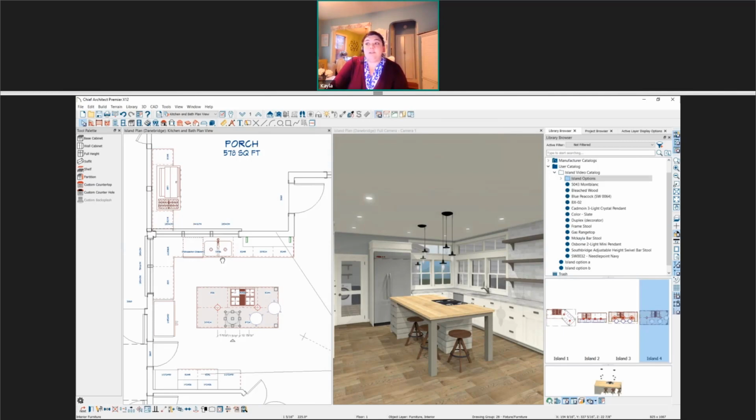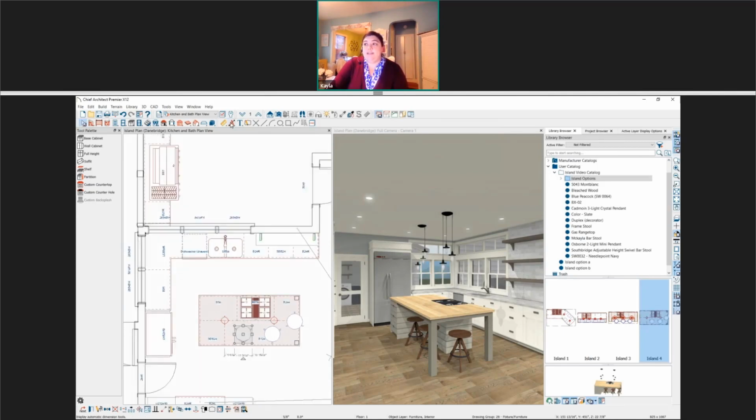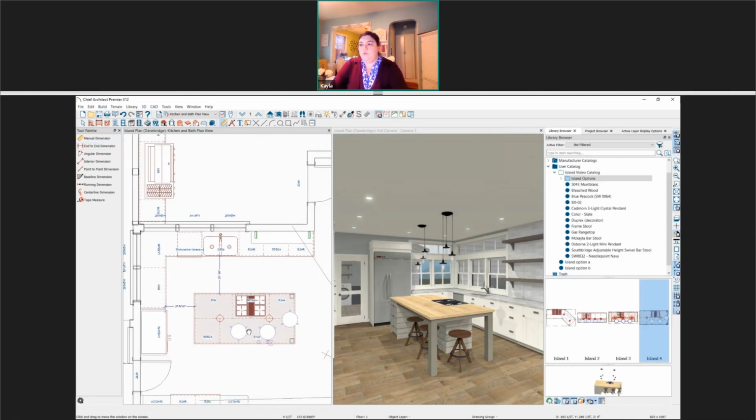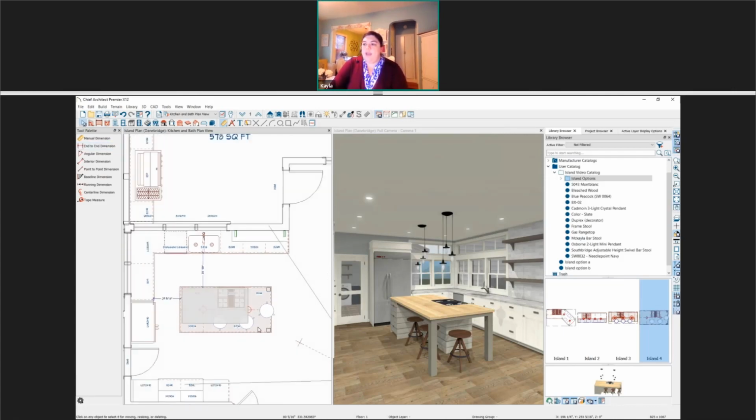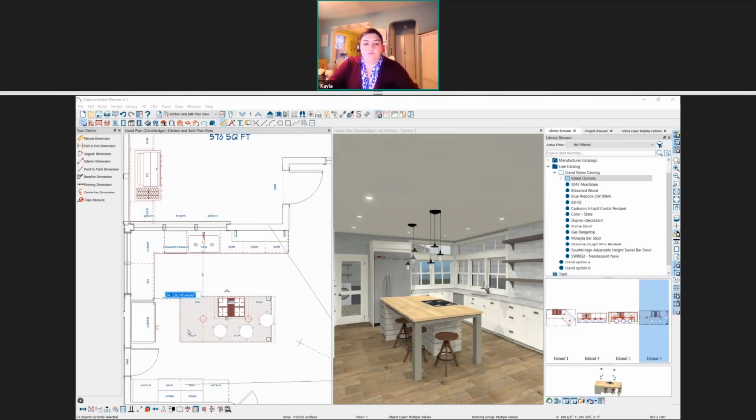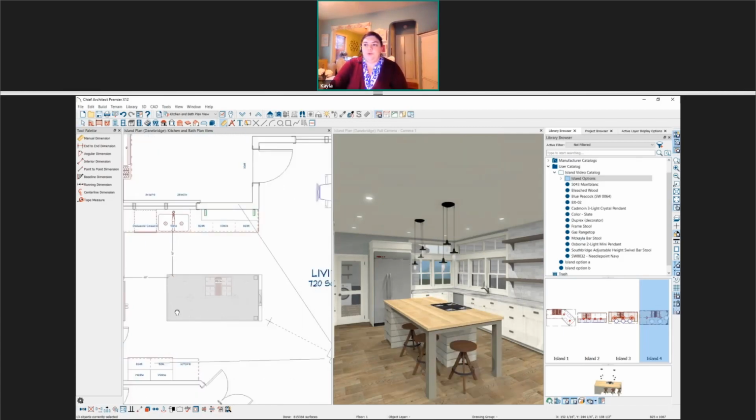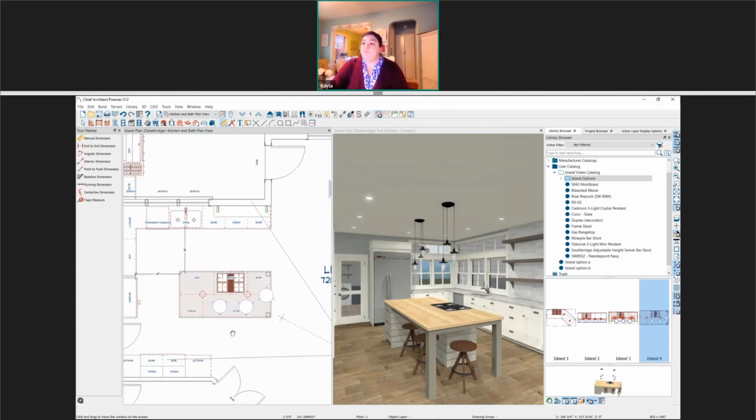And now I'm going to go ahead and dimension this island into place. So I'm going to use my manual dimension tool. Going to draw a dimension for the walkway. And then I'm going to marquee select the island, and with them all selected, I can use those dimensions as well. So now I'm going to type in 48 inches and 48 inches to get a 2-person walkway through this kitchen.